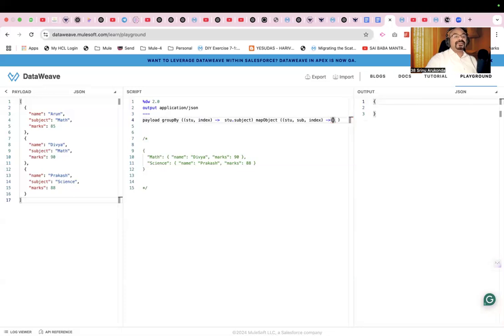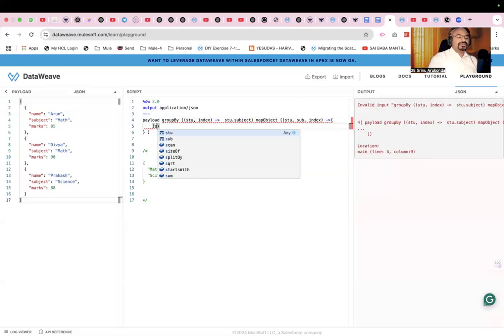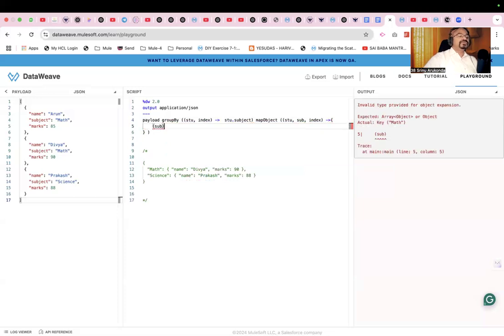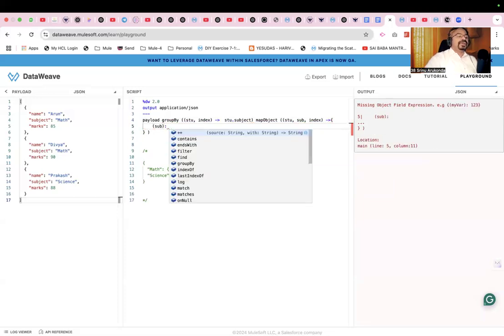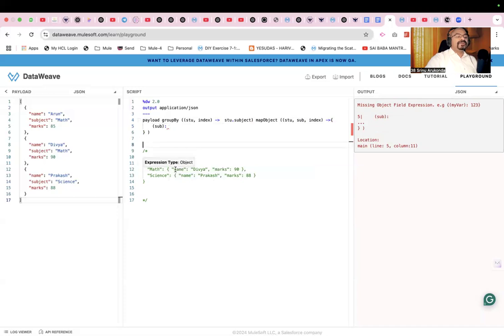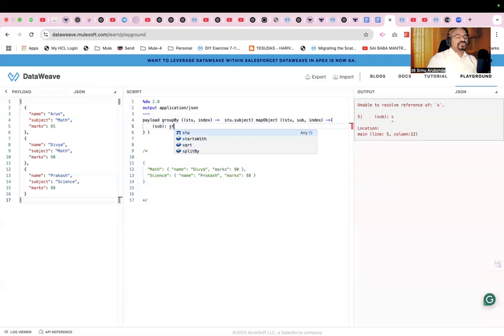Now inside this, I need to give the maths as the first key entry, right? So that is there in the subject. Therefore, what I'm doing is sub, colon, and I need to print the student information. The information is the value side. So for that student,